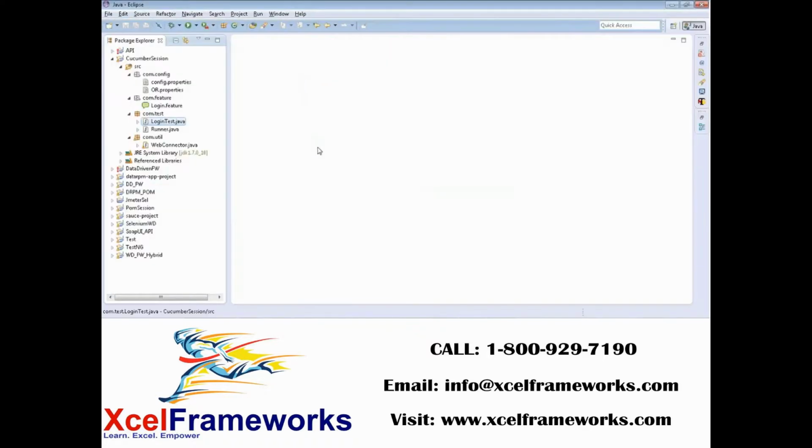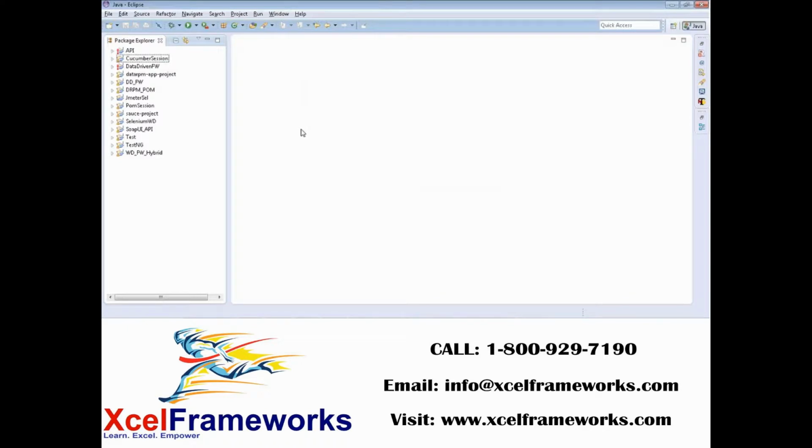Okay. So if you go to the code, this is Eclipse. This is again a free tool you can download. This tool is meant to write your own scripts, especially in Java. You can start writing here because you need some platform to write. Selenium won't provide anything. Selenium just provides a jar file. You need to download the jar and configure it in any of the popular IDEs. You might have heard of IntelliJ IDEA, and there is Eclipse. There are a lot of tools, but I am more comfortable with Eclipse. Even the market uses this kind of combination. Eclipse is the more popular one.